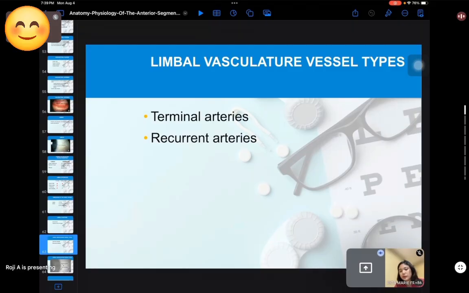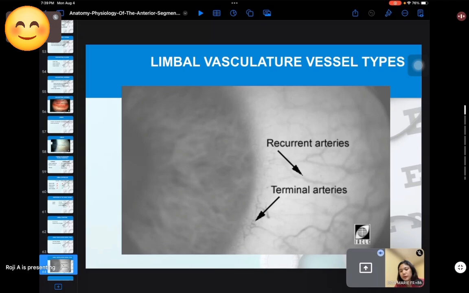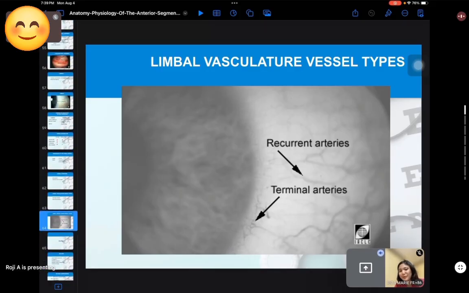So we have limbal vasculature, meaning the vessels. We have the terminal arteries against the recurrent. So that's your recurrent, which is away from the limbus, while the terminal arteries is going to the limbus. Can you remember that? What is going to the limbus? The terminal arteries. What is going away? The recurrent arteries. Yes? Correct? Very good. Okay, let's